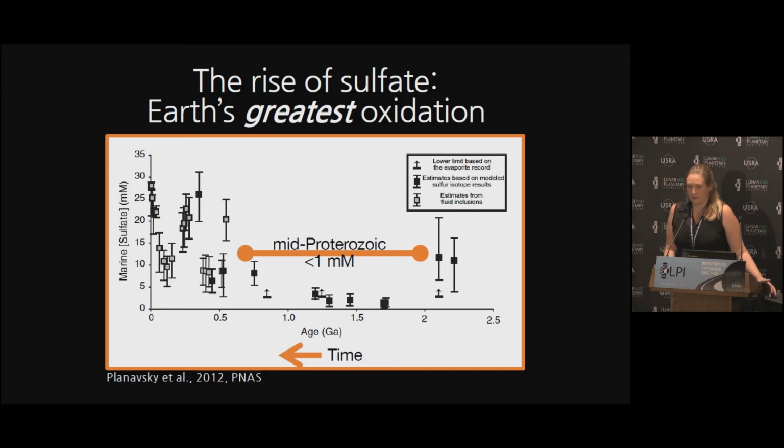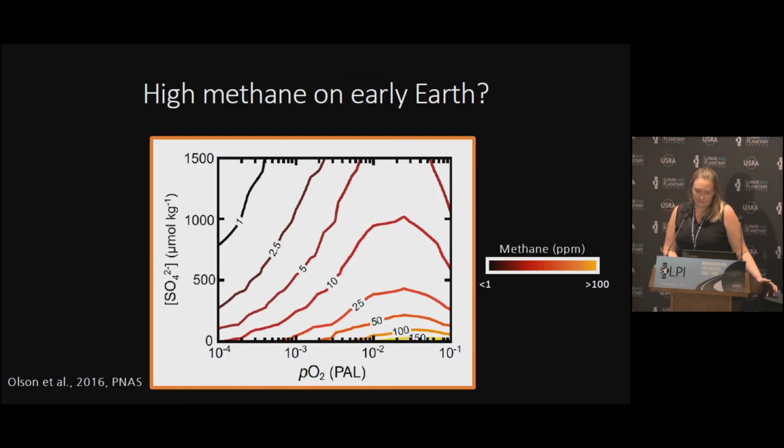It's certainly low by comparison, but remember that this is still an inventory of oxidizing power that rivals that of the modern dissolved oxygen inventory. So this is actually quite important, particularly because it turns out that sulfate is the primary destroyer of methane. The vast majority of methane on Earth today is destroyed by sulfate, not by oxygen, despite its abundance. And this is even more true going back in time.